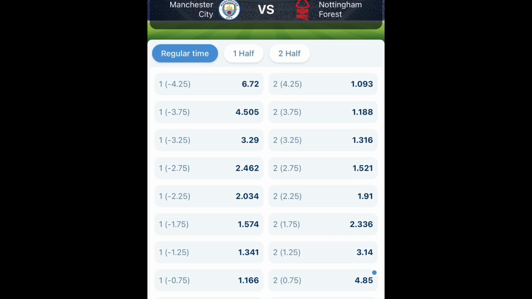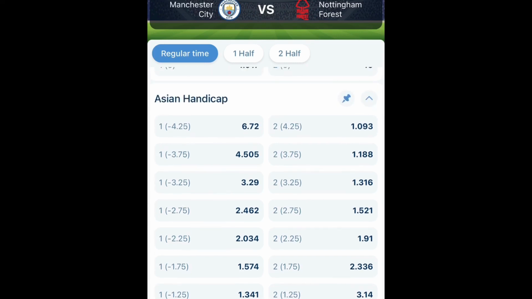You only win the game when Manchester City defeats Nottingham Forest by 1 goal ahead. They have different options. They have the 2.75, they have the 3.75, they have the 4 point. So that it implies that way. That's how it goes, and on and on.